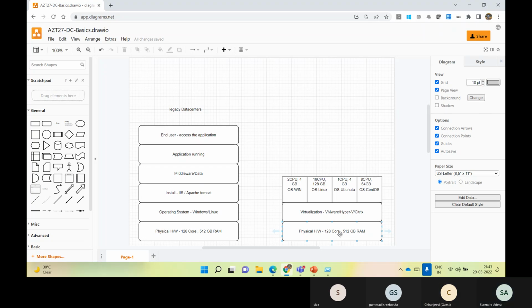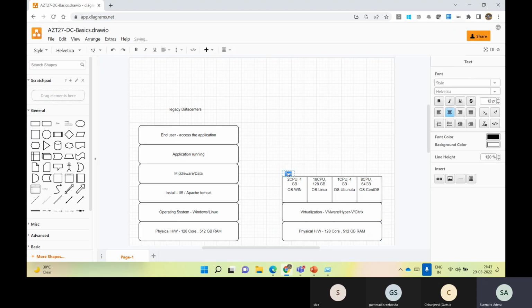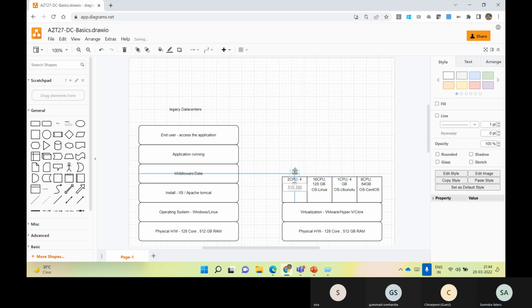When it comes to virtualization, there are separate roles like VMware administrator, Citrix administrator, Hyper-V administrator. Their responsibility is managing the physical hardware using these virtualization products and creating and running multiple operating systems. As we create multiple operating systems on top of a single hardware, the technical terminology we call each of them is a virtual machine.